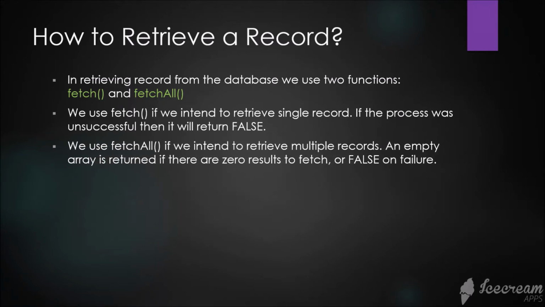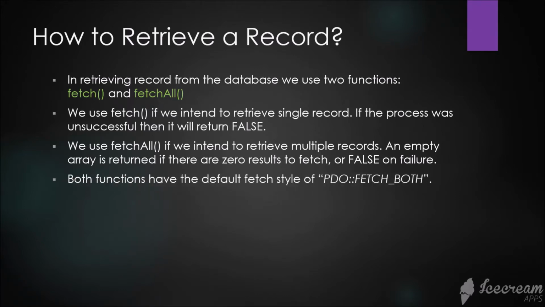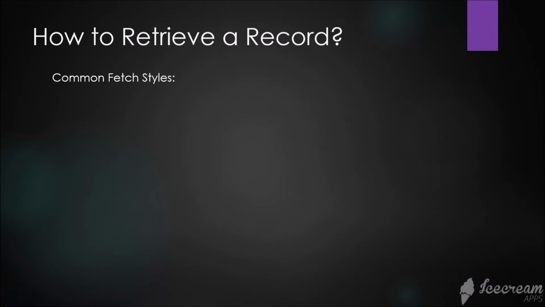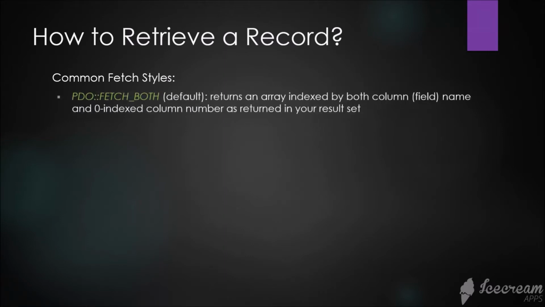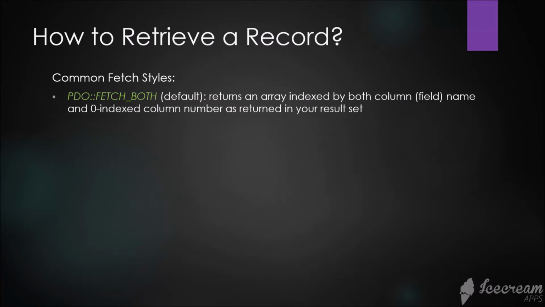Now, we use fetchAll if we intend to retrieve multiple records. An empty array is returned if there are 0 results to fetch, or false on failure. Both functions have the default fetch style of PDO::FETCH_BOTH. Common fetch styles. First, we have the PDO::FETCH_BOTH, which is the default. Returns an array indexed by both column or field name and 0-indexed column number as returned in your result